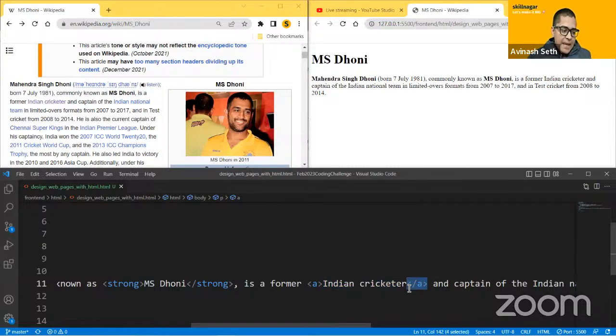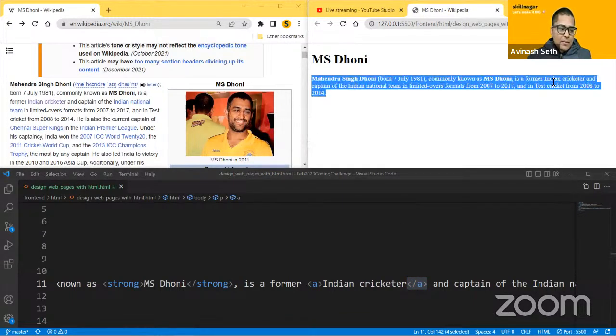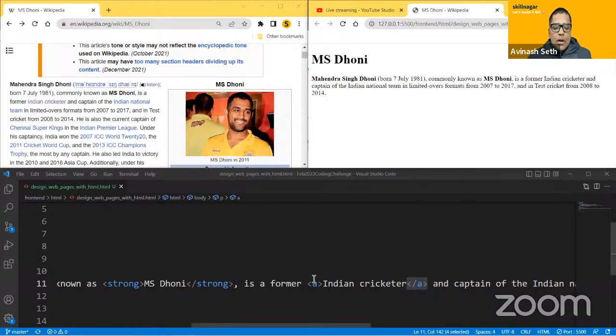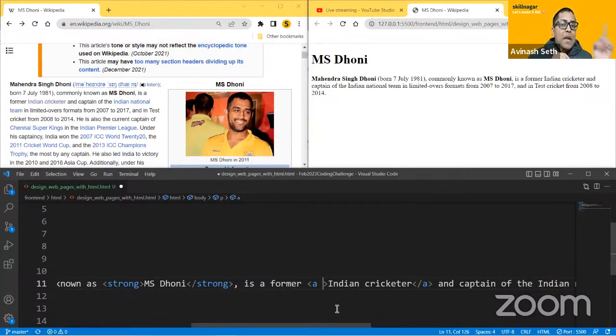This is anchor tag. Now, second thing which I want to do is obviously right now nothing is happening. You can see I cannot click on this. It is just like text. So what do I have to tell my browser, that when someone is going to click on it, please take them to this page. Please take them to this page. I hope I'm audible. Yeah, I'm audible. I thought I'm not audible.